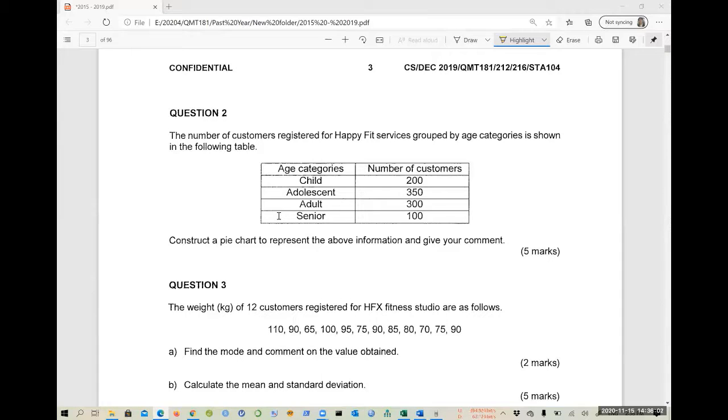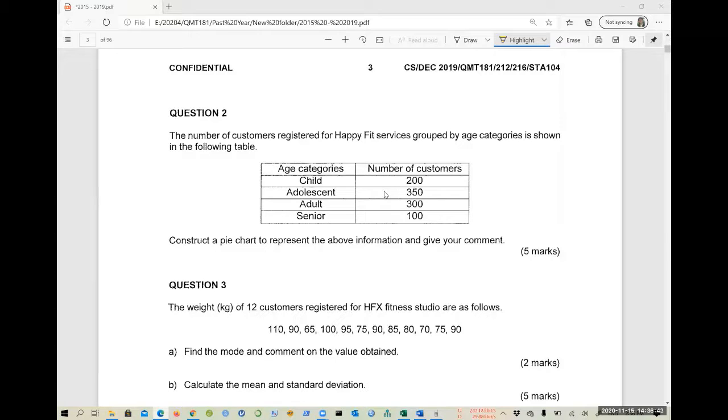Okay, so this one, you have to draw a pie chart based on the categorical data here. Remember that in this situation, you don't have to draw the same as what you did during your school time. You don't have to use the protractor and calculate the exact angle, everything. In this situation, you just need to estimate the size based on rational values. So the easiest way for you to come up with the pie chart for this one.